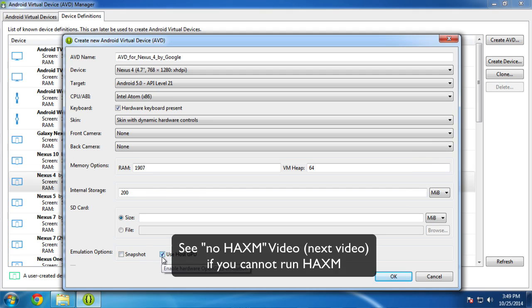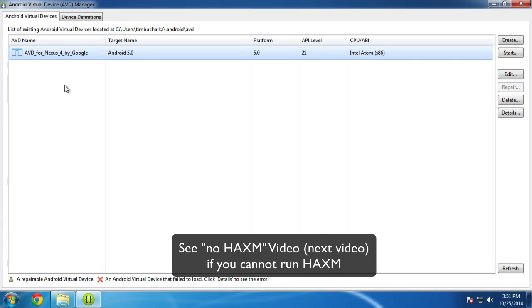But again, because I mentioned that I'm running on a virtual device, I'm running Windows over the top of the Mac OS X operating system, I can't do that, so I'm going to leave that off. And click OK. And that will then create the device. Okay, we've now created an Android virtual device. And at this stage, your next step would be to start it